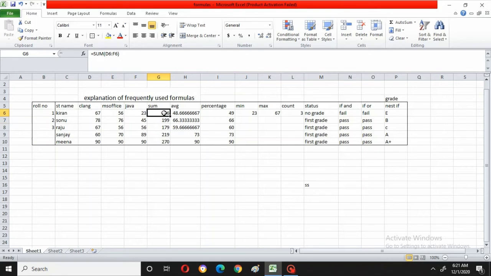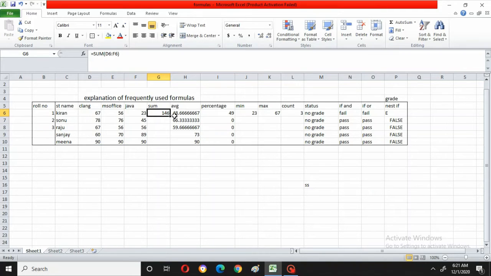Now suppose if you want to copy this formula down to all the marks, I will just delete it and I will show you. Right? Okay. Now I will come here and I will just copy this formula.